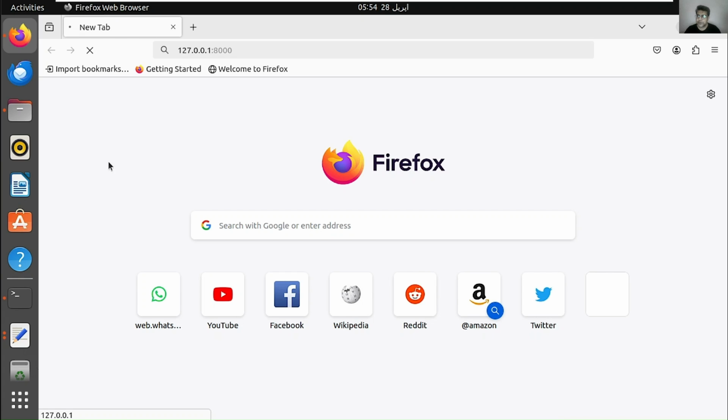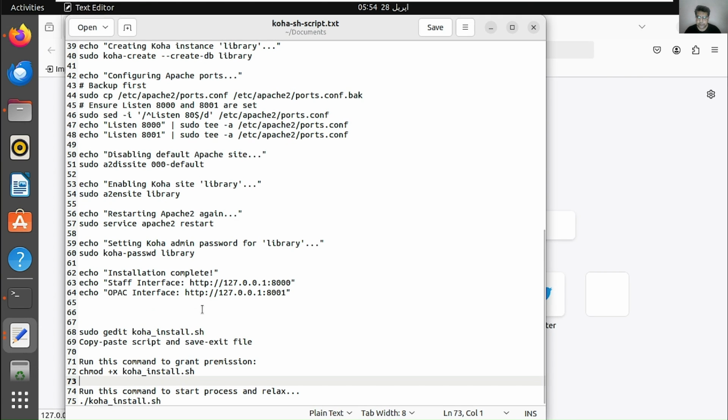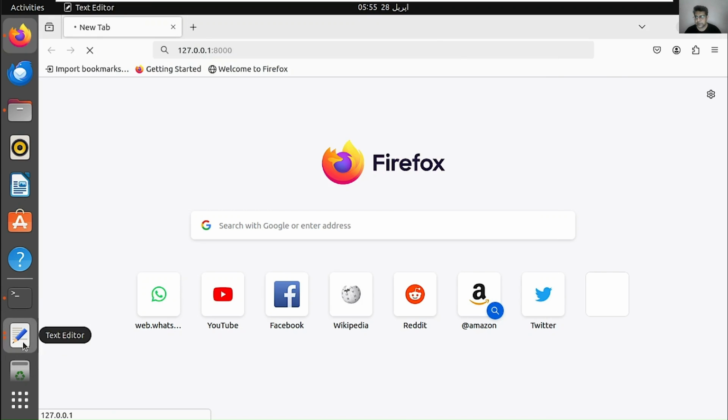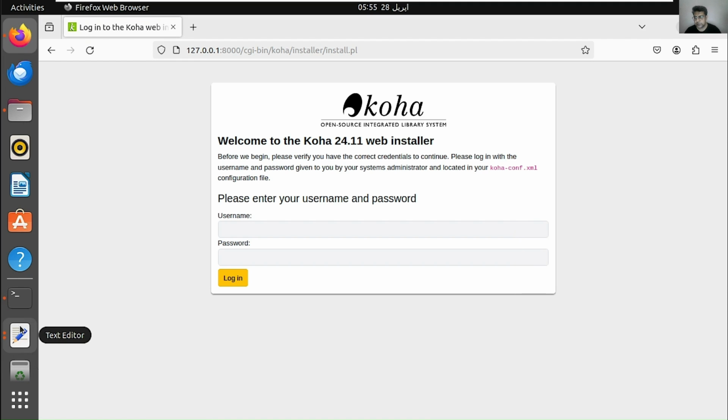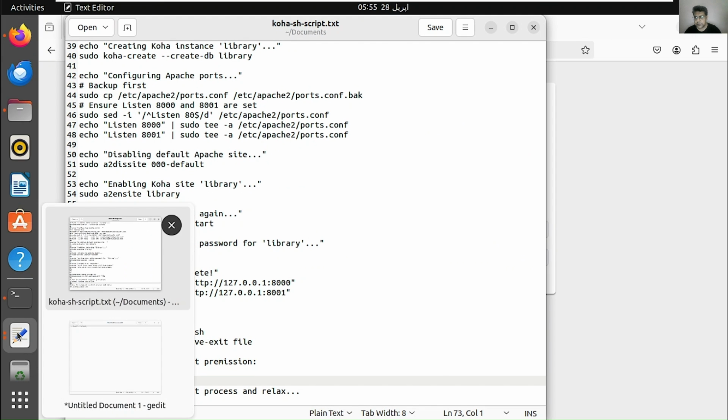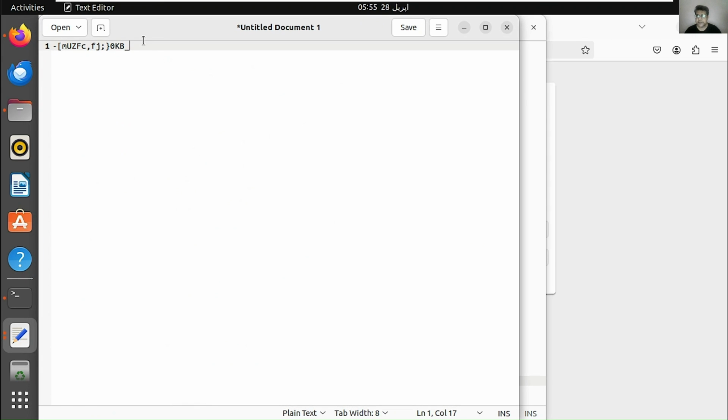There's a localhost, and the password is not here actually. So here's the web installer. You can see I'm looking for the password. Yes, here.